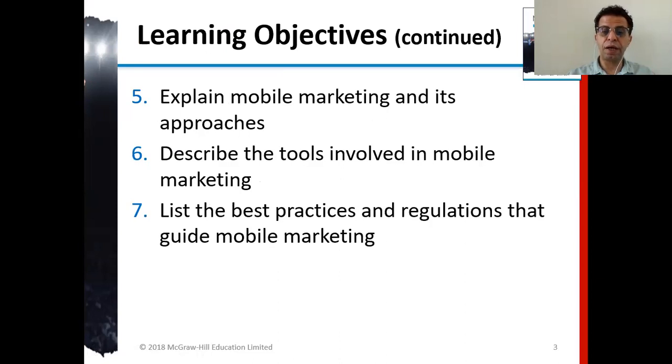And also we will explain mobile marketing and its approach, describe the tools involved in mobile marketing, and list the best practices and regulations that guide mobile marketing.